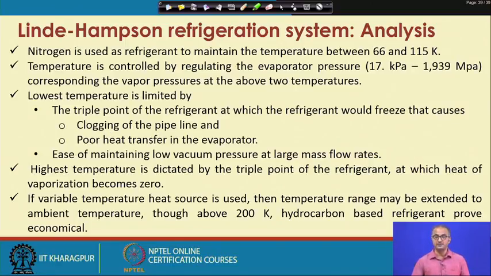It will settle on the pipeline, it will cause clogging, and also when they settle, they will put up some resistance to the heat transfer. So that is why we need to avoid any kind of triple point approach. And next, if we talk of very low temperature, then we need to maintain a very low vacuum pressure, and this maintenance of the vacuum becomes a challenge, especially at higher flow rates of the refrigerant. So these are generally the two limitations to attain the low temperatures by any kind of refrigerant.